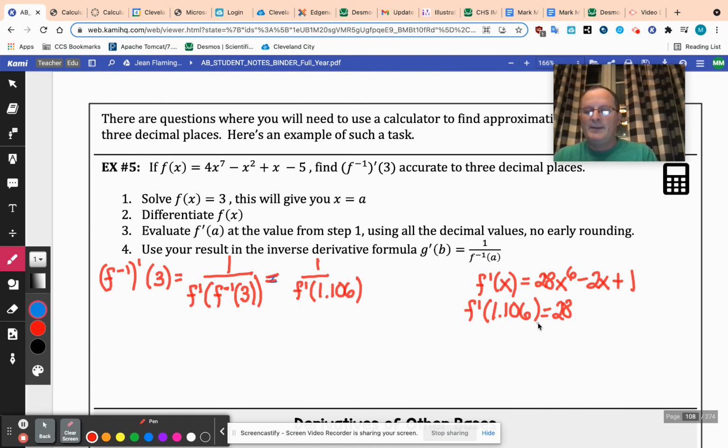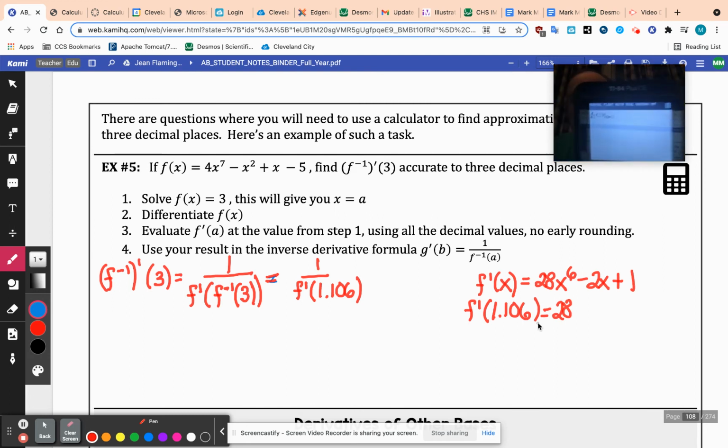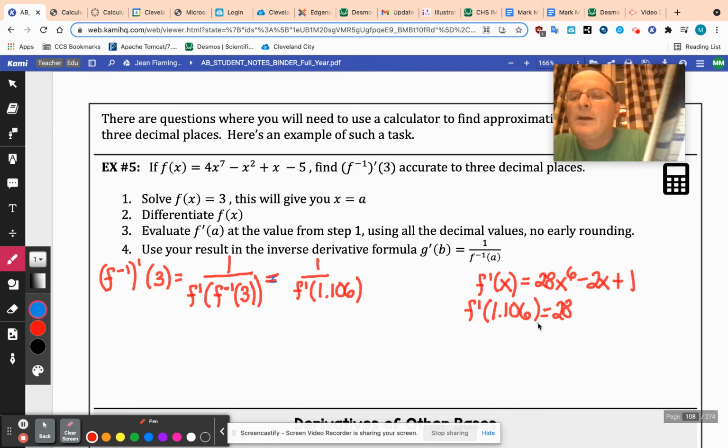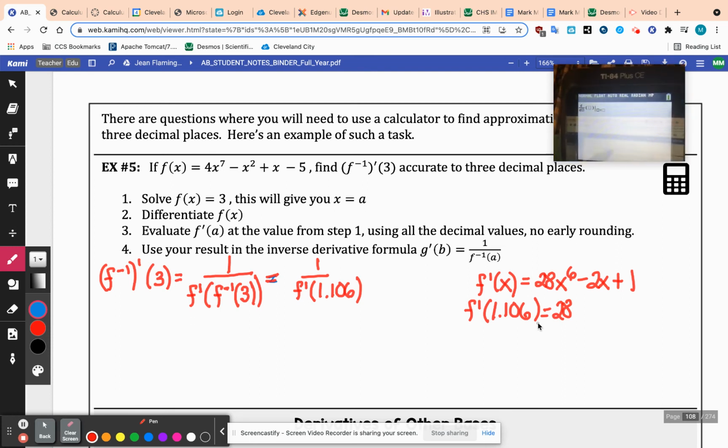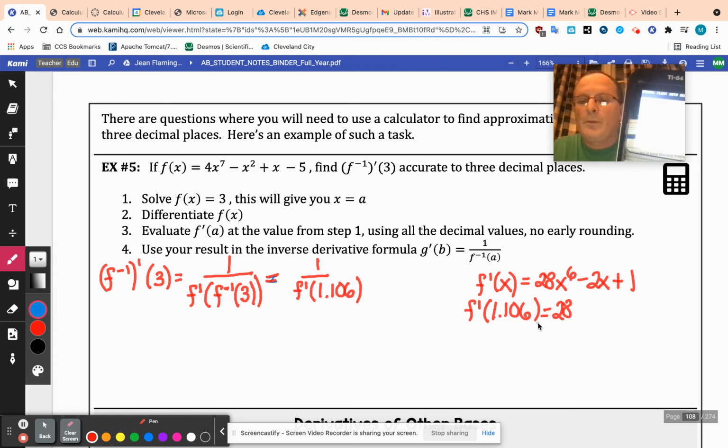But if I do math 8, it looks like that. And so I can put the function in, and then right down there at the end on the evaluating part, I can put x equals 1.106, and it'll tell me. Okay, but since I don't have that, I'm just going to go ahead and use Desmos to calculate it for me. All right, so it's going to be